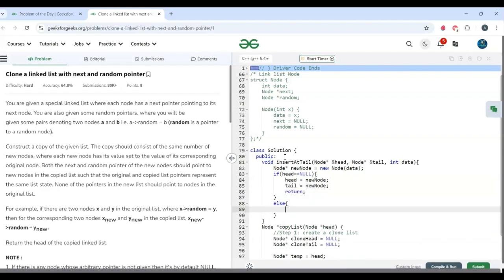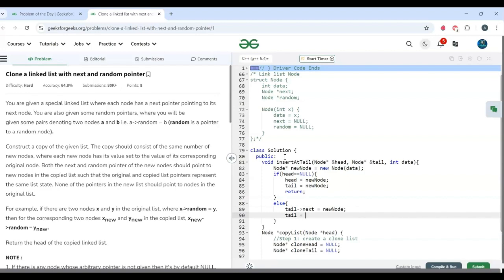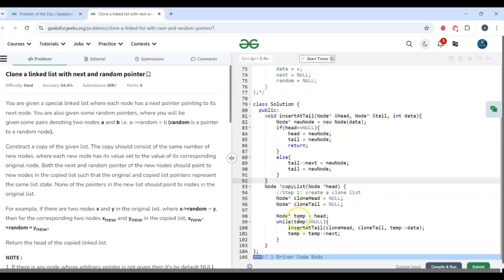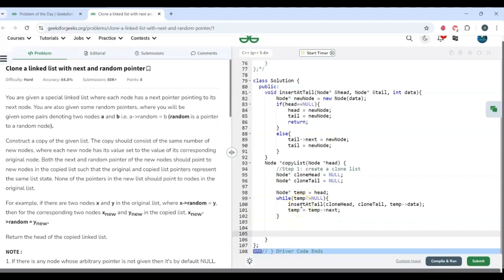Else, tail's next would be pointing to the new node, and we'll point tail to our new node. So in this way, our first step completes, where we created the clone list, and now our step 2 would be to create a map. So I'll take the help of an unordered map,